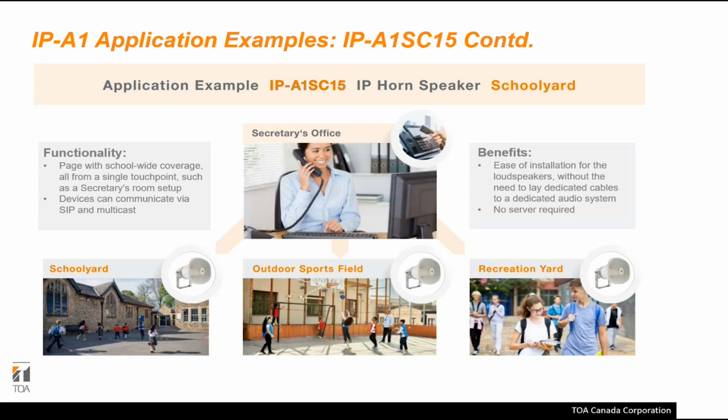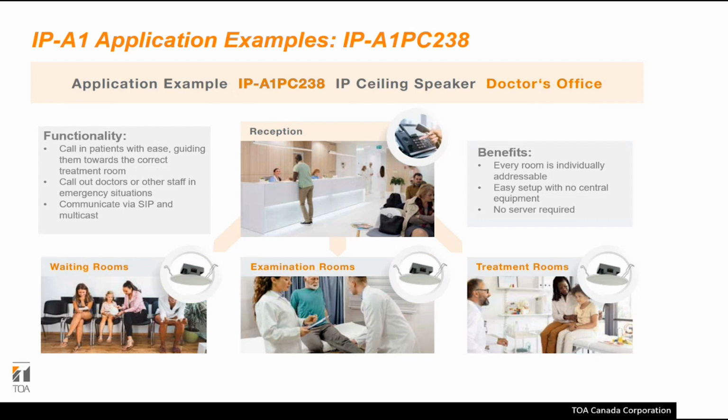Extremely powerful, the IP-A1 SC15 for this type of application. Now the IP-A1 PC238. Like I mentioned, this one does not have the capability of bidirectional communication. We cannot attach a microphone to it, but it can definitely be used for a lot of applications. It might be hospital waiting rooms and all medical or paging-only applications, even for government buildings,